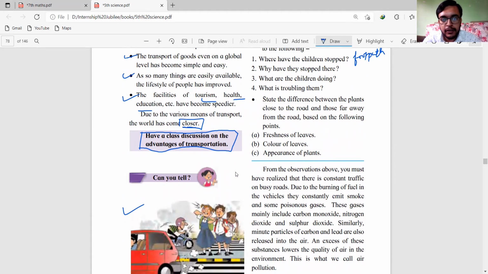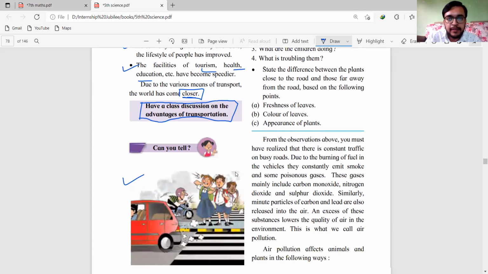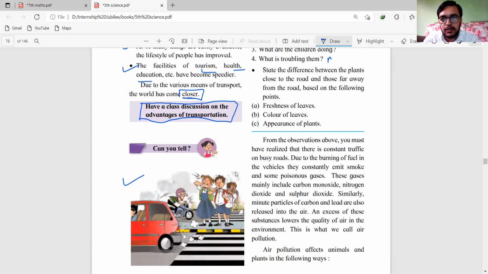What are the children doing? They are getting irritated due to the noise and air pollution, right? What is troubling them? Noise,